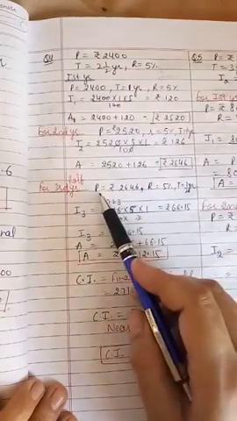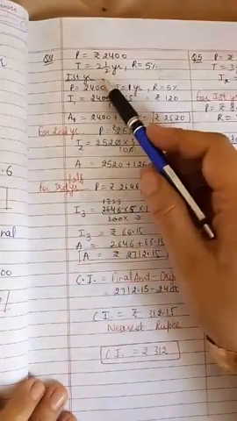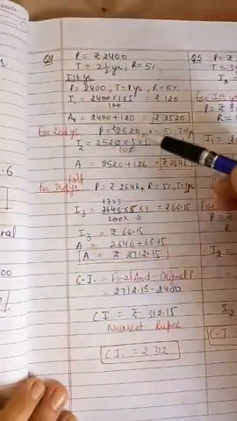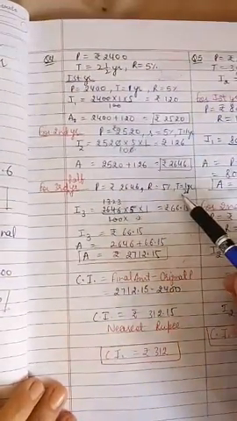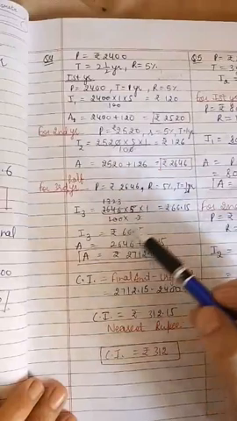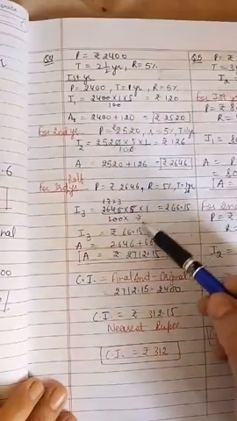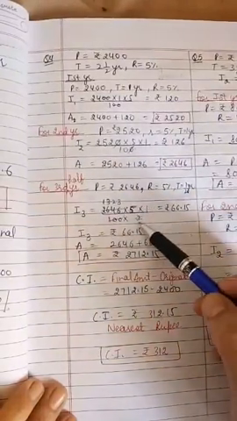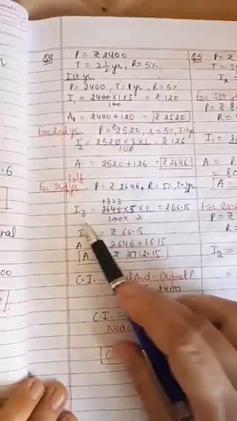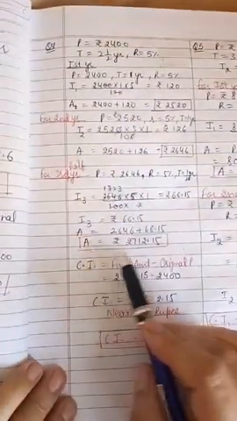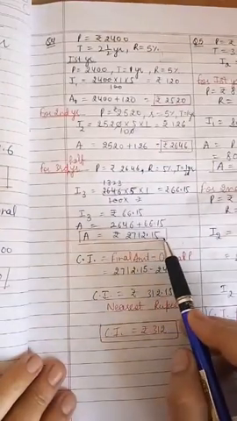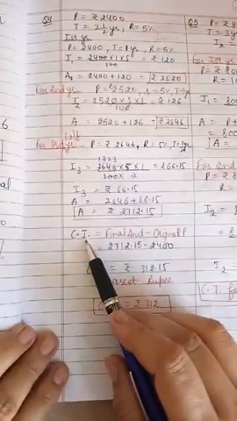This will become the principal for the third half year. Just see the time period is 2.5 years. 1 year we have used here, 1 year we have used here, only half year is left. So this half year you can use for the third case. Just see here I have written this time period 1/2. Solve it. I3 will be 66.15. Then amount 2712.15. Then what is the formula of compound interest?